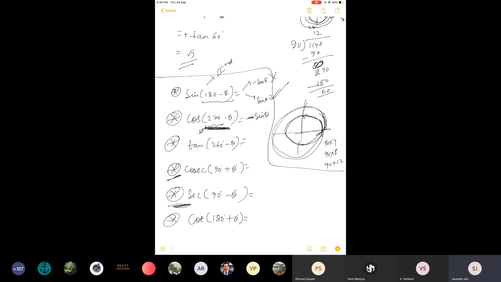I think by now you should have understood this whole thing. Now I'm writing all the answers. Minus tan theta. This is sec theta. This is cosec theta. This one you learned in class 10th only, but the method was something else. Now I have told you the general rule to remember all. And this is cot theta. Check all the values. If you have doubt in anyone, you can ask. These are the 6 questions, 1 to 6.